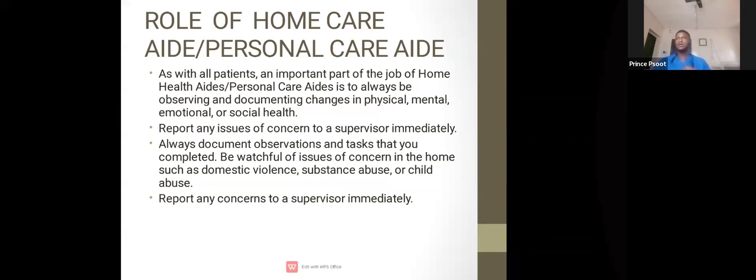If at any point you get confused as to the type of care to render, or there is something of concern like child abuse, domestic violence, substance abuse, or the patient's condition is getting worse, or it's deteriorating rather than getting better, you report any of this. This is a matter of concern, of course. So you report any of these concerns to the supervisor